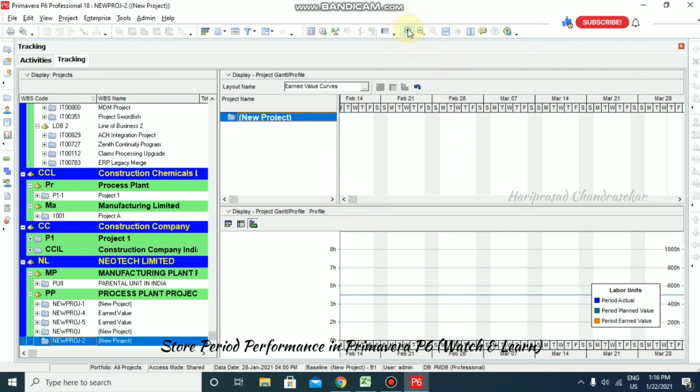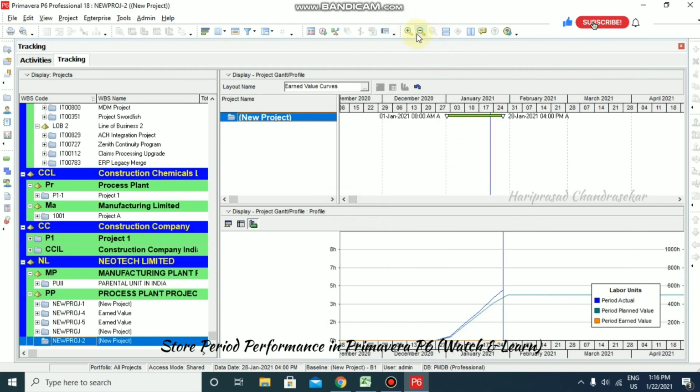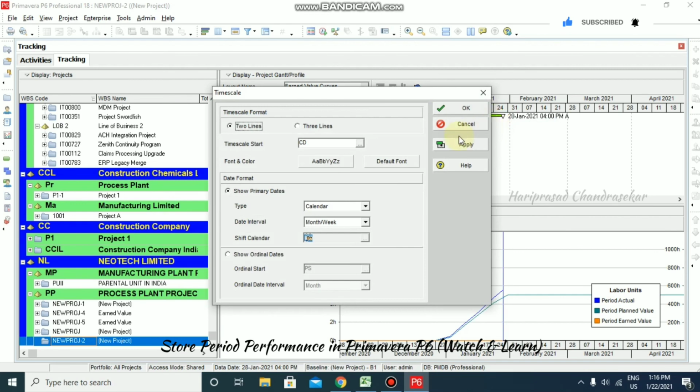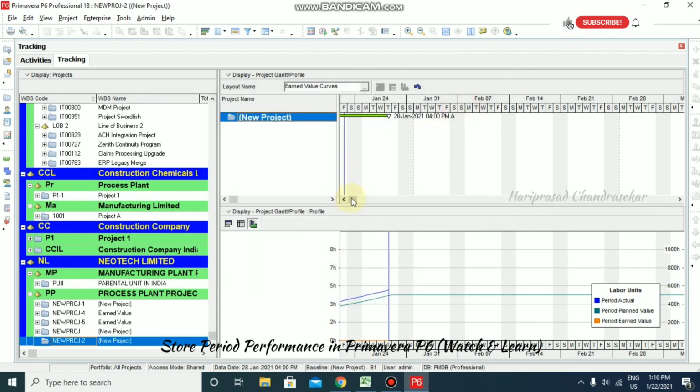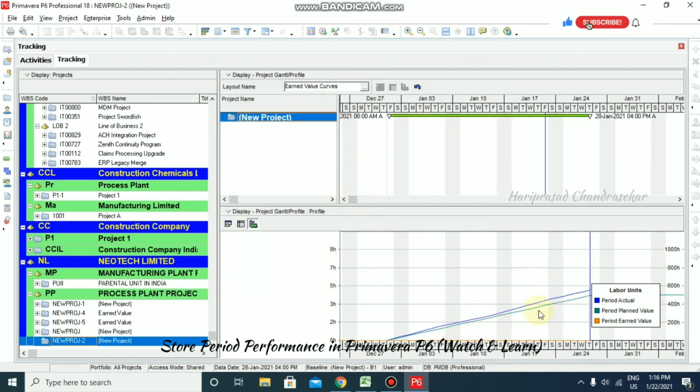So if you want to make it bigger, you can go for, otherwise you can go smaller by zoom in, zoom out. Otherwise I'm just going for time scale again, and here I'm just going for week per day and apply and okay. Now we can see the actual and also planned value and earned value.